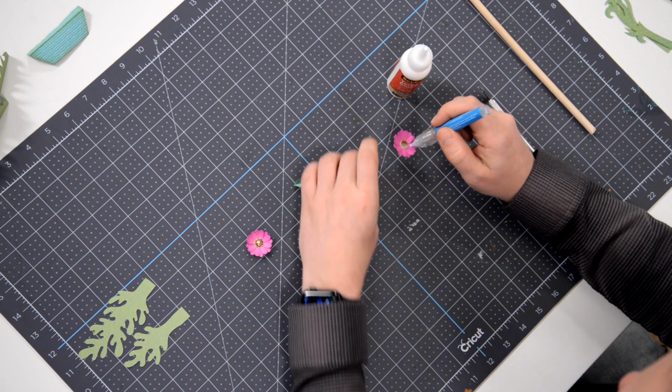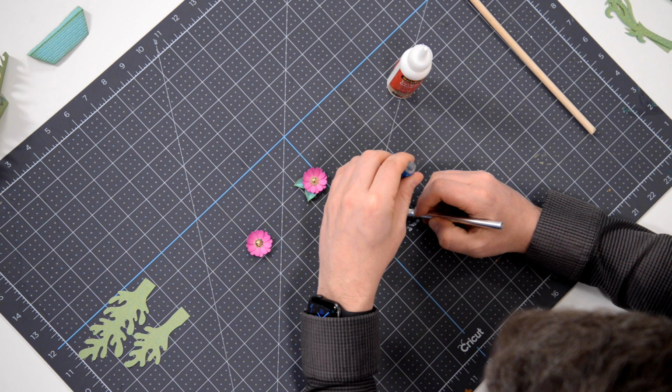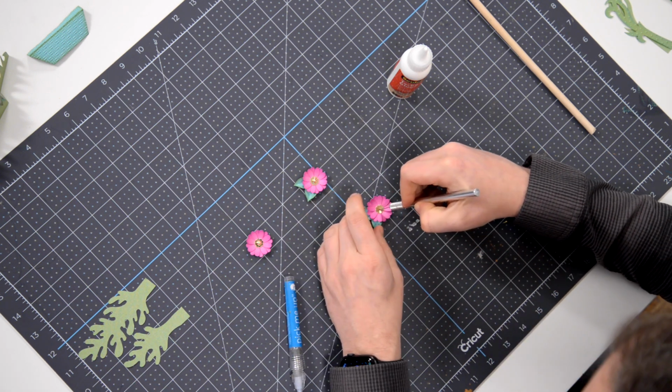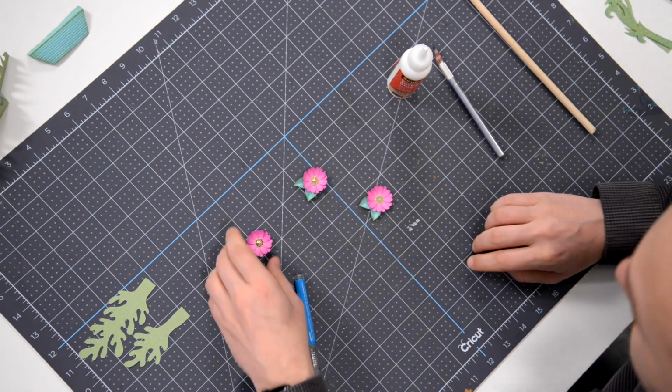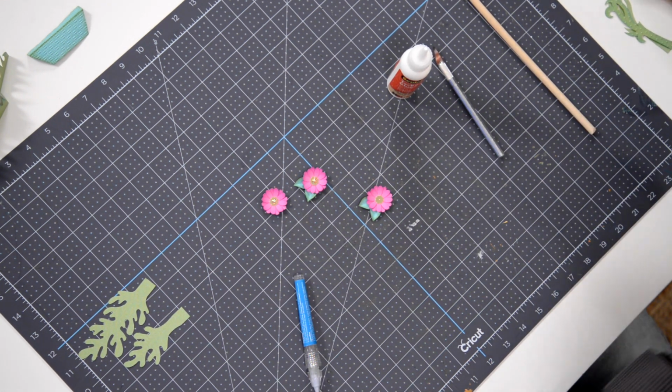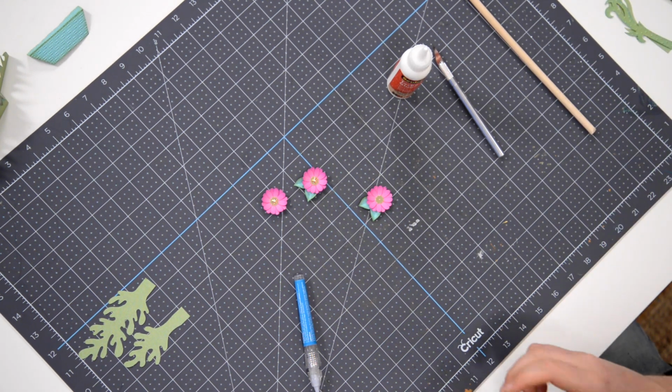I'll grab it with that. And just get that nice and centered. Right there. There we go, perfect. Okay, now you'll notice that I also, off camera, did a little bit of embellishing, and I've got